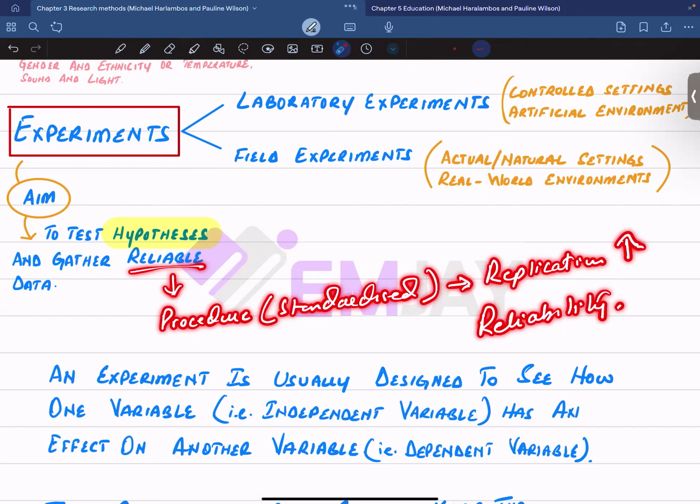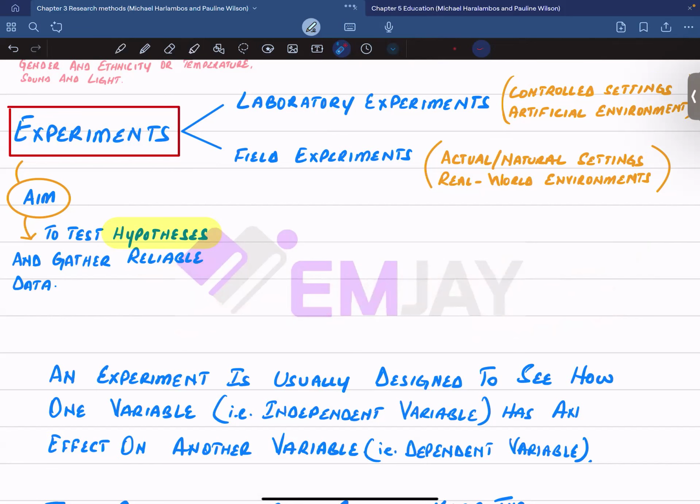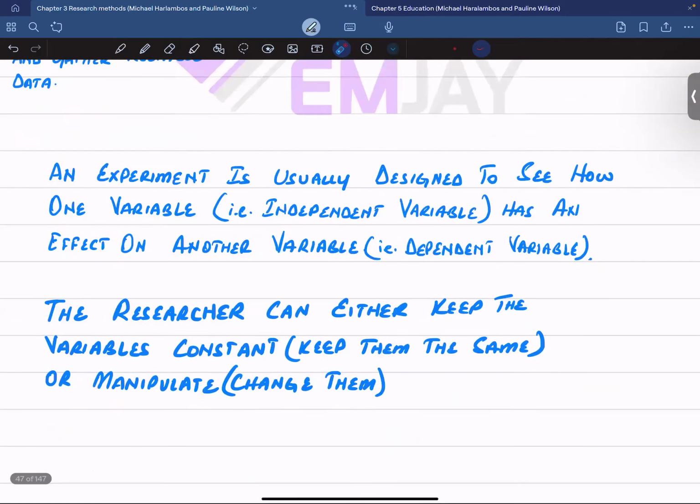A reliable research is a research when the researcher conducts the research in exactly the same manner again, and additionally, the results come up to be the same. So, for replication, it has to do with the procedure being the same. For reliability, it has to do with the procedure as well as the results being the same. Taking this a little further,